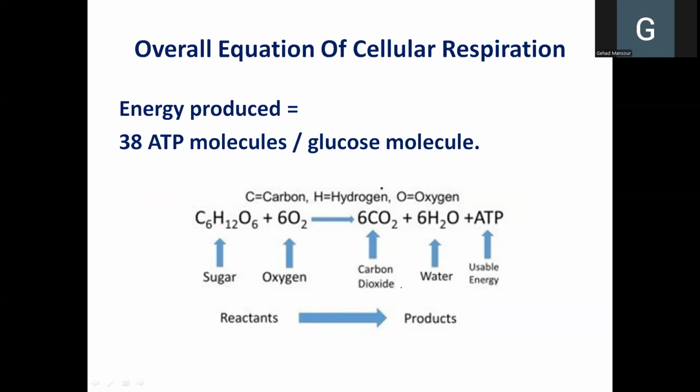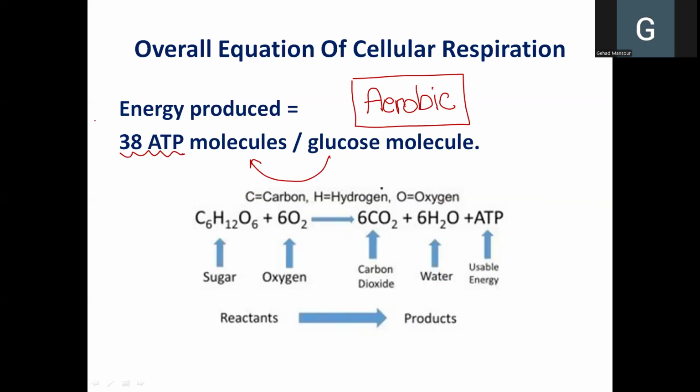As we have said before, one glucose molecule, when completely broken down under aerobic conditions, meaning in the presence of oxygen molecules, will result in the release of energy that is enough to be stored in 38 ATP molecules maximum, actually 36 to 38 ATP molecules depending upon the circumstances. And the biochemical equation is the following: